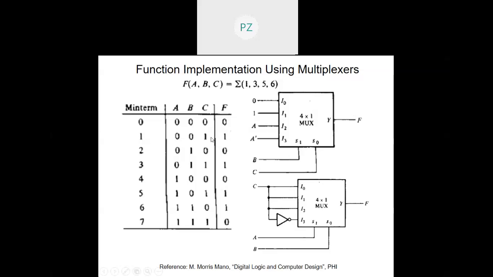Now the question is, is this the only way of realizing a function using a multiplexer? No, not necessarily. I can connect A and B as the select lines and supply variations of C as the input. Let us see how it goes. AB 0 0. When AB are 0 0, I0 must be directed at the output, right? So let us see where AB is 0 0: in these two consecutive conditions, right? And F is nothing but C. So corresponding to I0, I connect it to C.